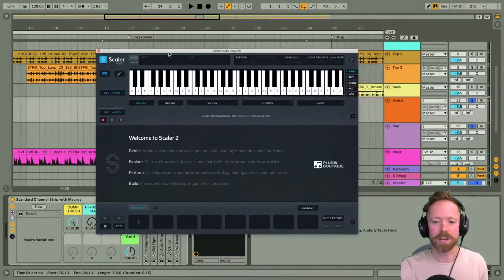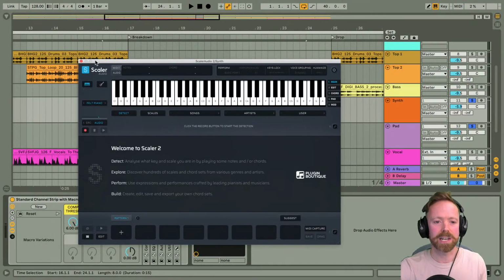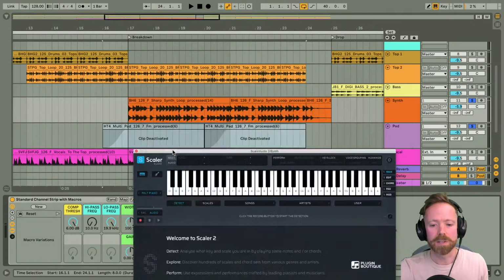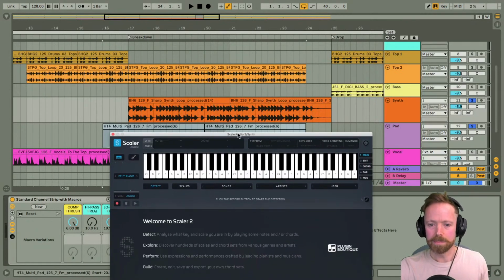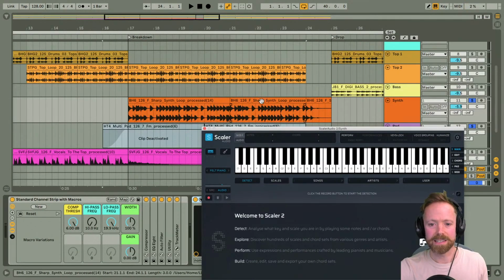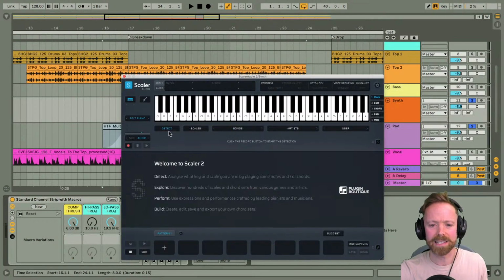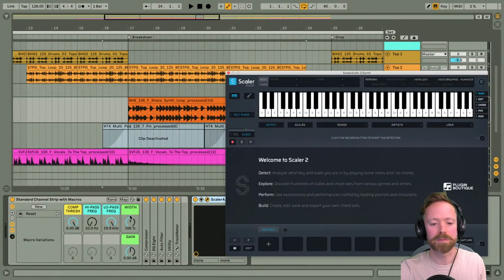So this audio version isn't actually the instrument as such, which is why you can add it to an audio track here. But it's being fed this synth audio through it here, and we're going to use it to analyze that to work out the scale. And the way you do that, the first step I would often recommend, by the way, is to bring down the,